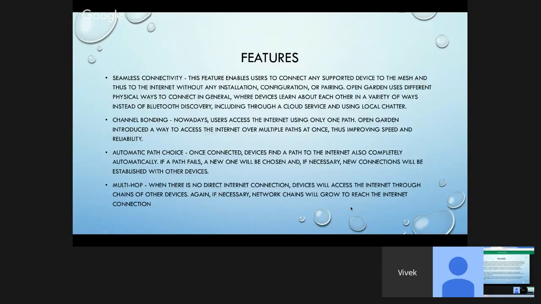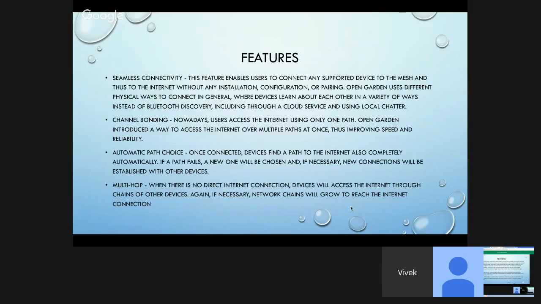Before, each device had to have its own one path to the cellular tower, or the one signal, but through Open Garden, it uses all the devices that are connected to it. So one path can go through one device, and that device can go through another device, and that device can be connected to Wi-Fi, let's say.